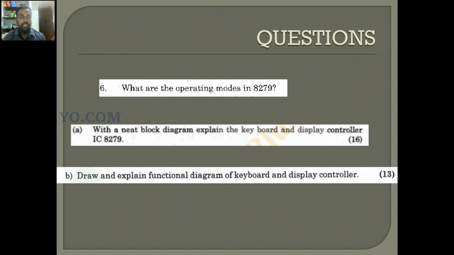Okay, right, this way they can ask the questions, but the 8279 is a very large portion. A very large block diagram, 8 command words. So students, this is a time consuming question, so you have to shorten this question as much as possible. You have to draw the block diagram and the control words or command words. Then reduce the theory portions. Give importance to diagrams.